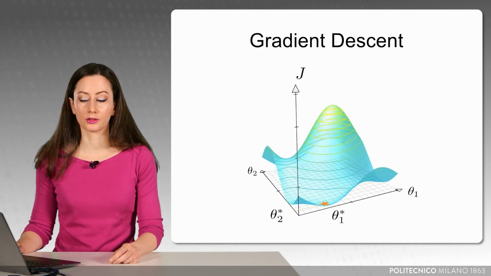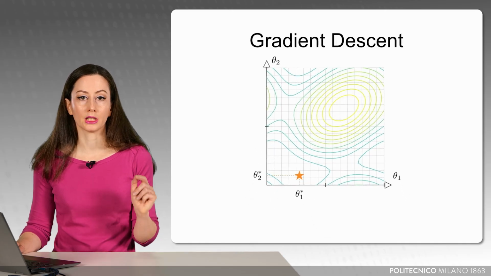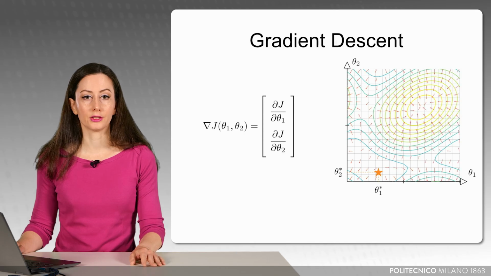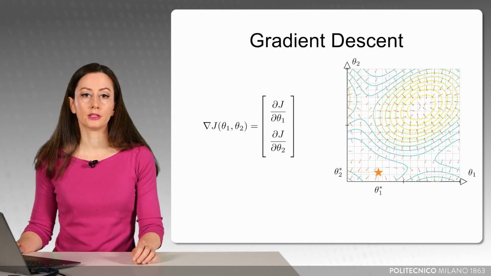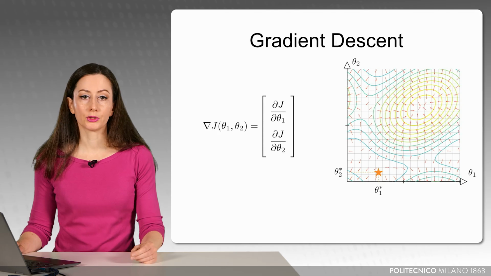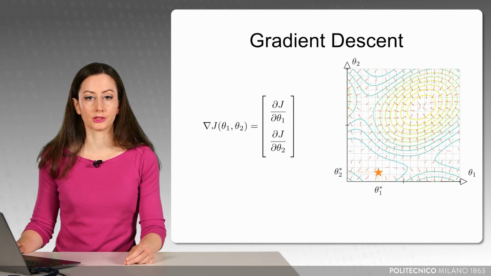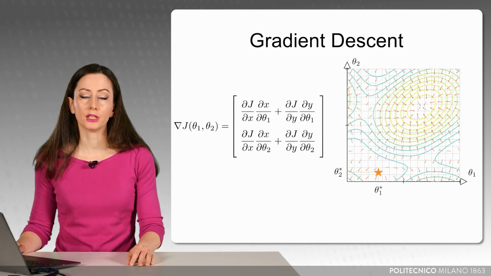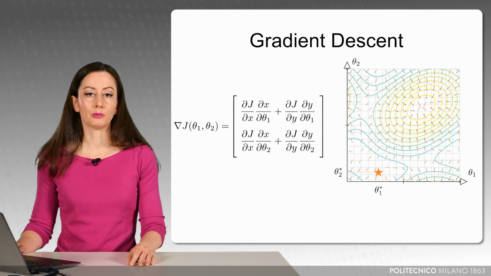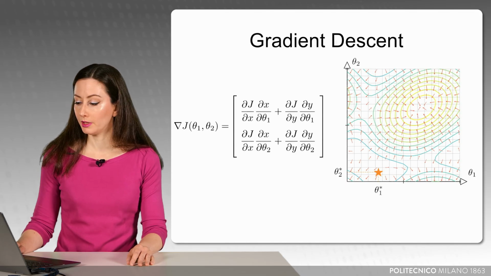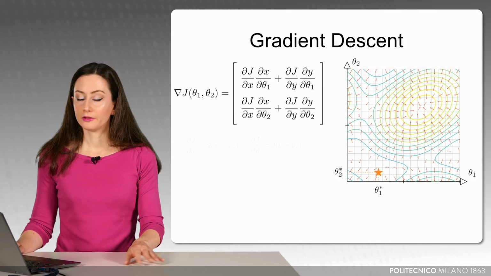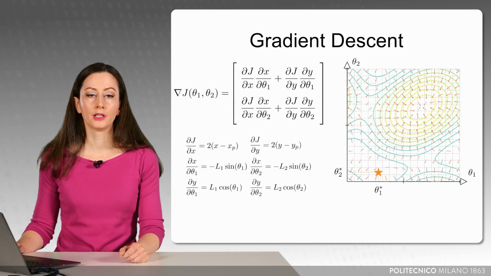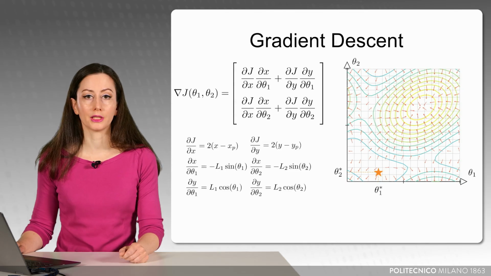To answer, let us plot the level curves connecting points at the same elevation. And let us plot the gradient of the function J given by this expression. And as you can see, at each point it is a vector, and the opposite of these vectors guarantee the steepest descent. Now we need to do some computation. So since J depends on x and y, which in turn depend on the angles, we use the chain rule to get this formula where the factors are given by these expressions. And putting everything together, we finally have the expression for the gradient, which is the main ingredient of the method.